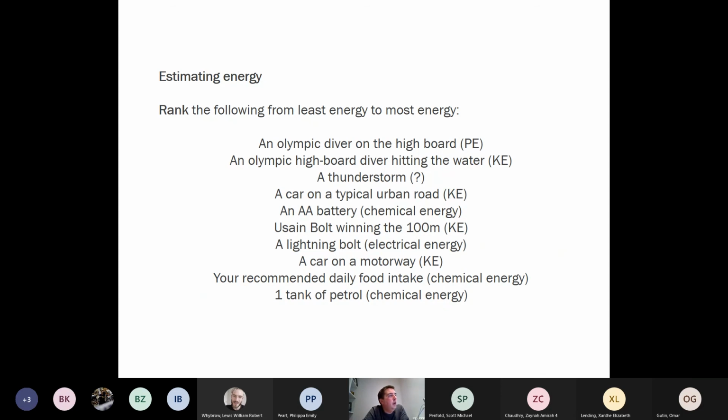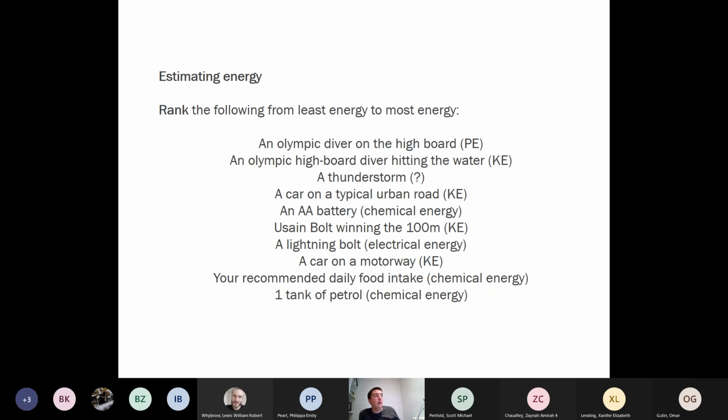So we've got here 10 different things which we can understand as being a process involving energy. So for example, a car on a motorway will have some kinetic energy, and a AA battery contains some chemical energy. And what I want people to do, and maybe just if you can take 10 minutes after this lecture and have a go at it,